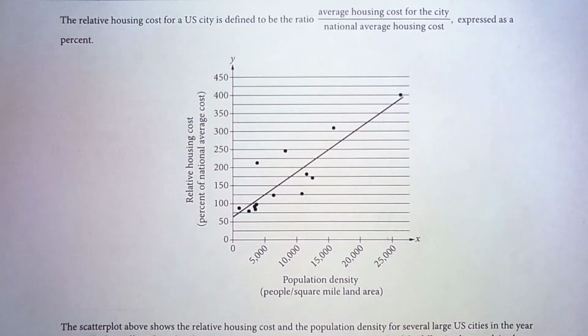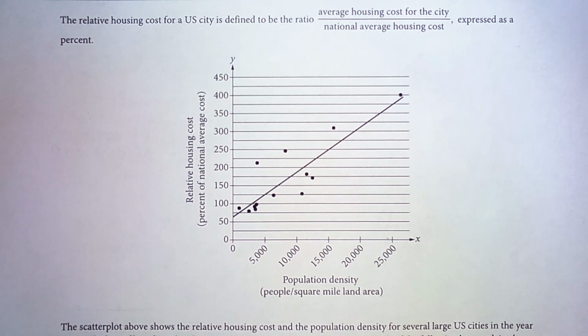Welcome back. For today's SAT math question, we are on a calculator test. The relative housing cost for a U.S. city is defined to be the ratio average housing cost for the city over the national average housing cost, expressed